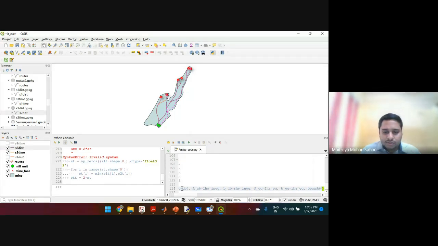Bounds is the variable bounds, and method is, let us consider, revised simplex. There are a lot of other methods that are available for linear programming based optimization. So if we run this,